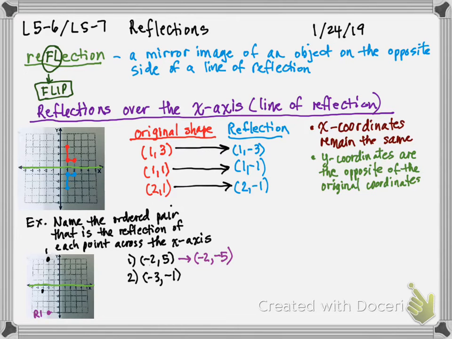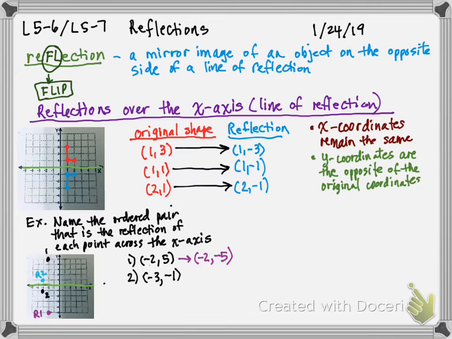-3, 1. That's going to be our number 2. Now the reflection's going to be that pretty blue. So if it was 1 below, we're going to make ours 1 above. Okay? And so that's going to be our reflection